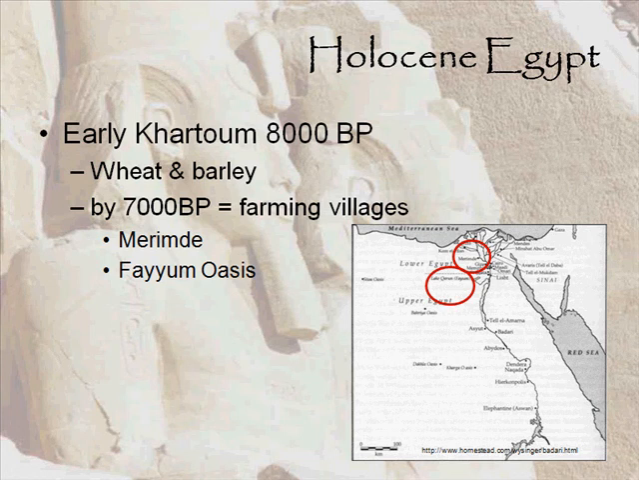We also see evidence that crocodiles and hippos become relatively important to the people, and that makes sense living along the Nile itself. So again, this